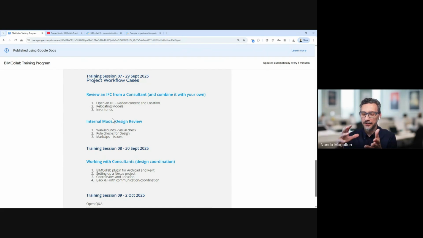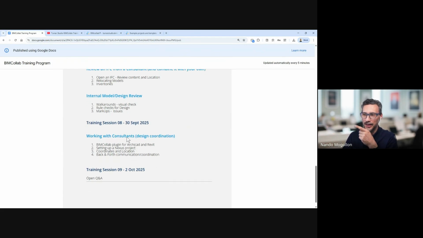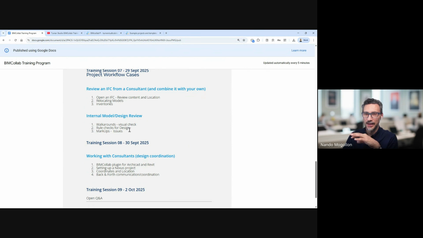So it'll be the process of, what do you do when you receive a model? How do you compare that against anything? And doing a couple of things that we have done so far, but in the context of a real project, if you like. What we're going to be doing today is a little bit more of what we have done so far, but we will run this in the context of